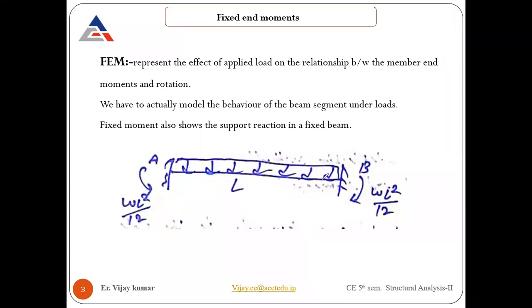So suppose the deflection is taking place here. That's how the deflection takes place. Basically, the fixed support will not allow the beam to deflect or rotate at the support end. Deflection will take place some distance away from the support. So these points are considered to be points of inflection.